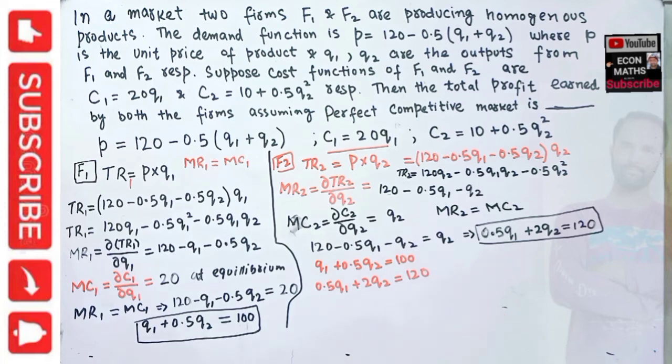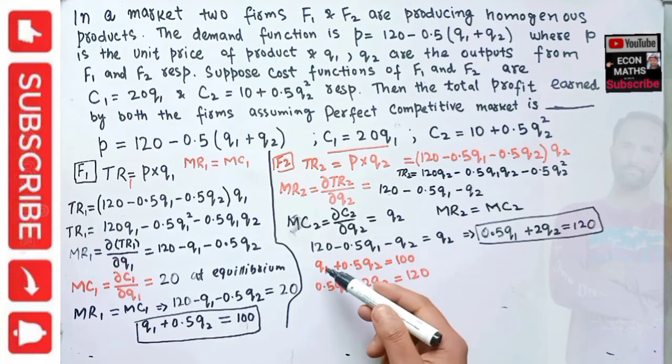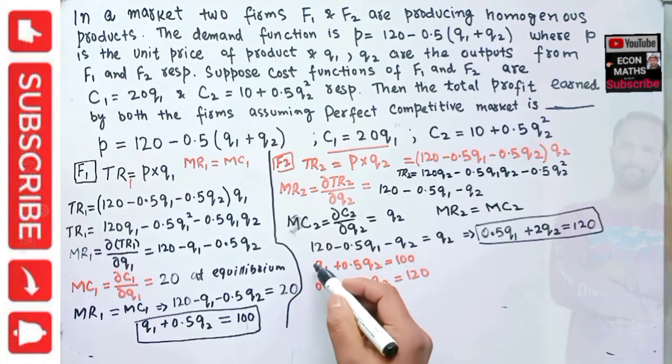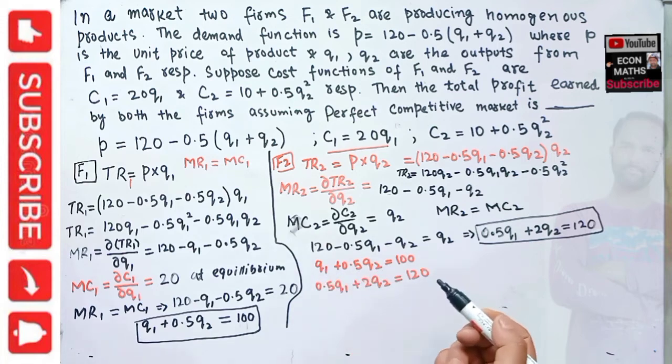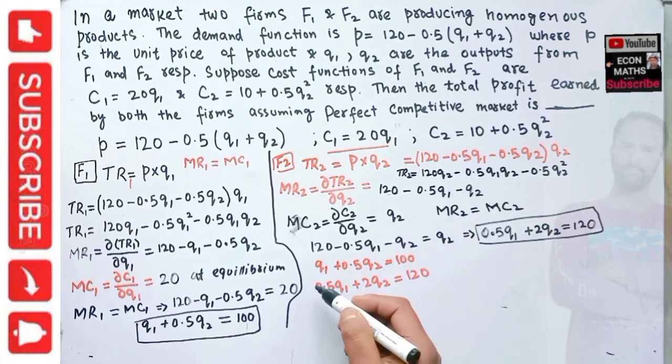Let us try to solve this system of equations. What we need to do is make the coefficient of either Q1 or Q2 the same in both equations. So if I multiply this equation with 2,